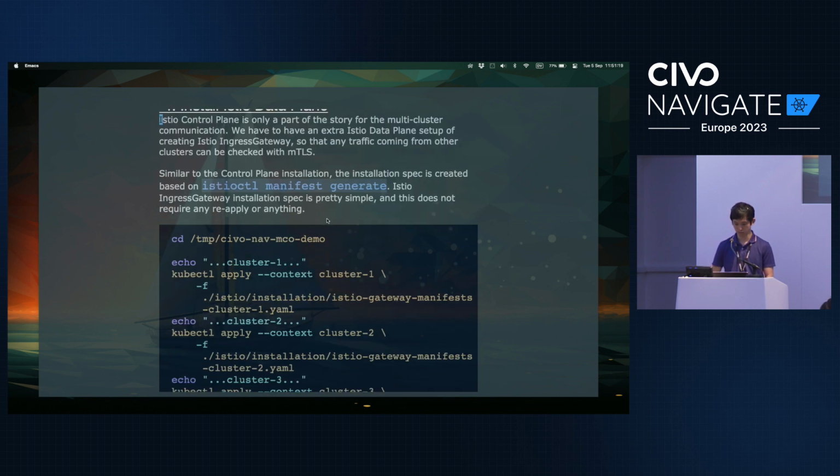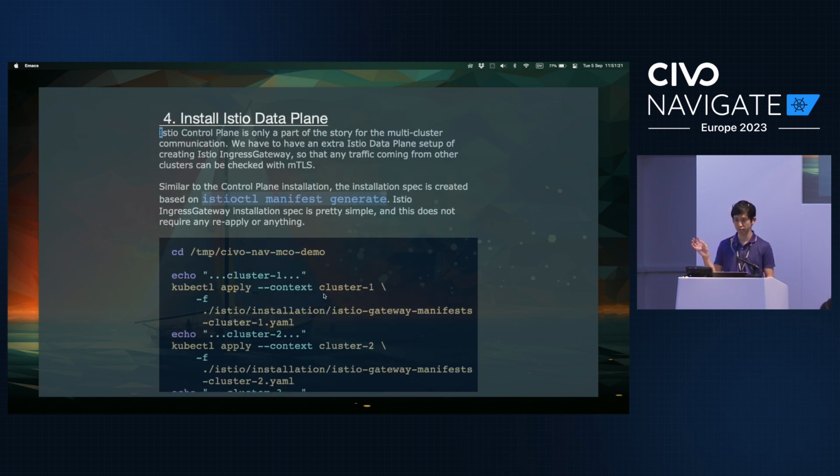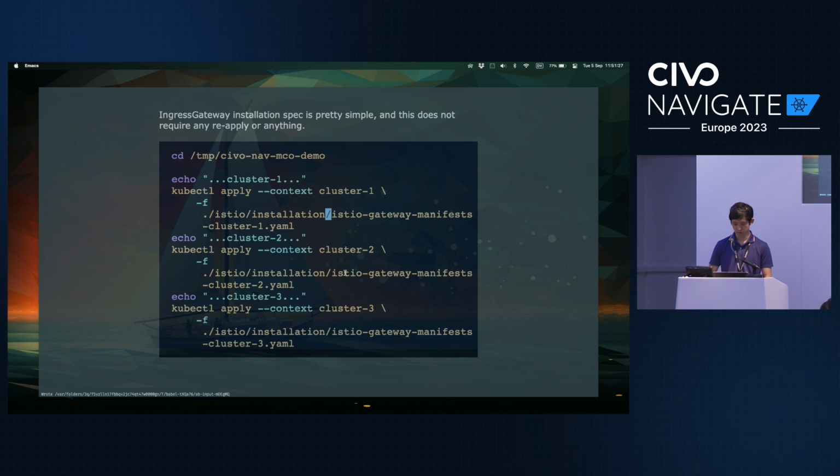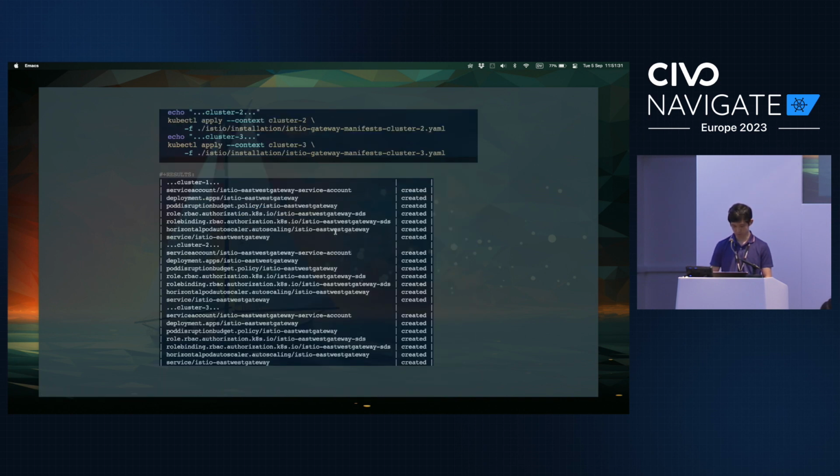With that, I'm going to go into the Istio data plane so that we finally have the connection made available between the clusters. At this point, I'm going to deploy the resources like deployments and so on. If you look at that, a few things are deployed for cluster 1, with identical deployments for clusters 1, 2, 3, and you can see the actual manifests in the repository.